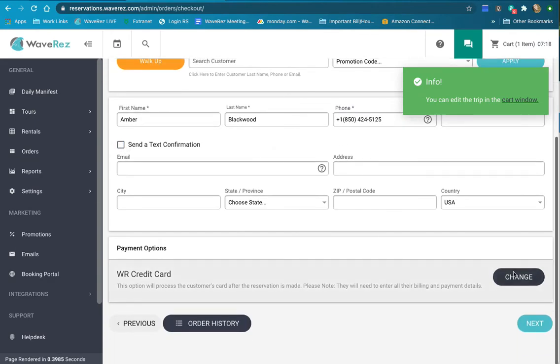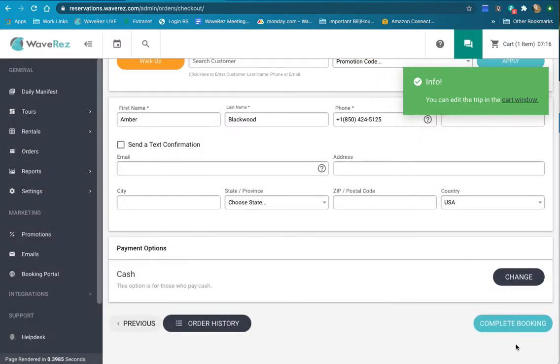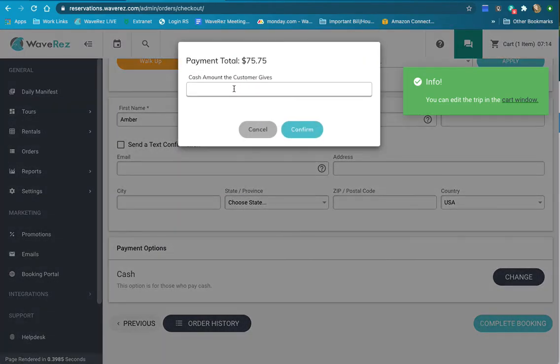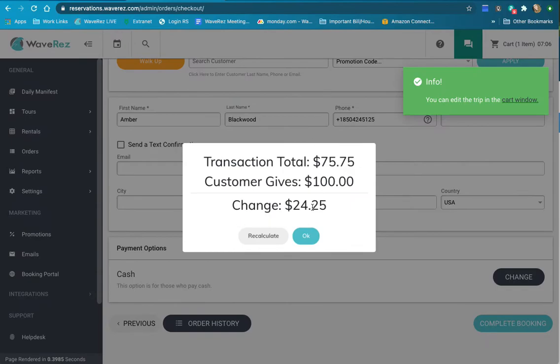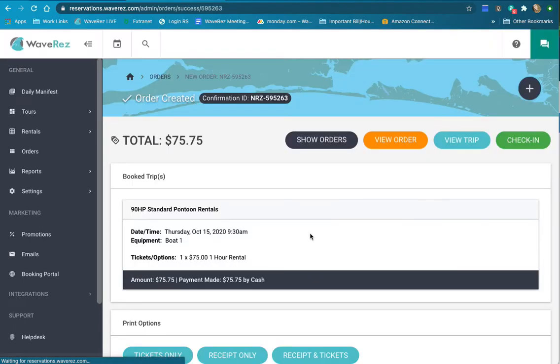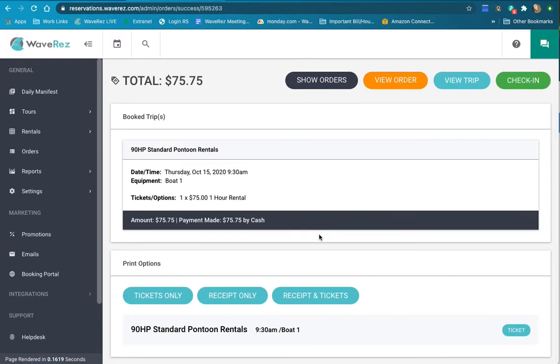All right, so we'll go ahead and change this back to cash and we'll complete our booking. Now, cash bookings will give you a payment total and the cash that they give you. So say they give you $100 and we hit confirm, it will give you the change that is due back to the customer. Once you click OK, this completes the booking